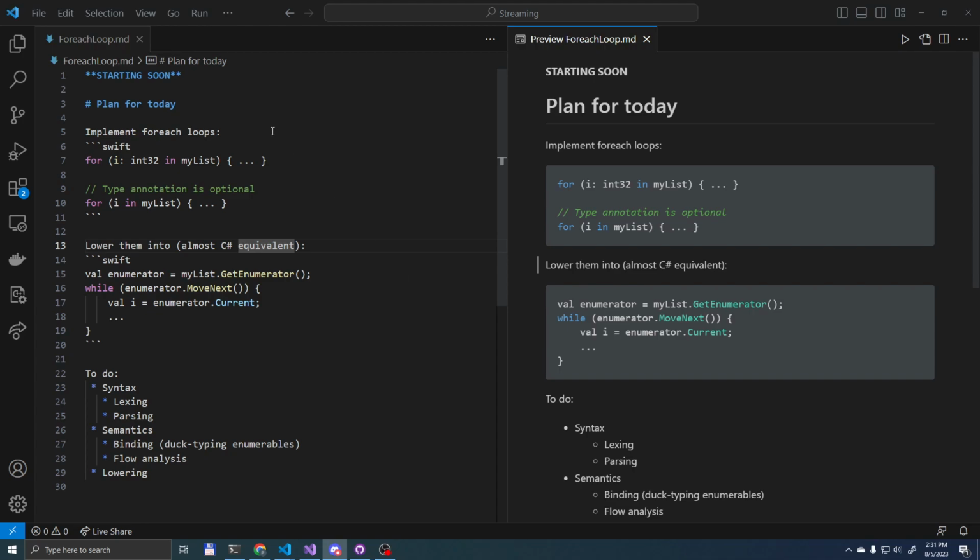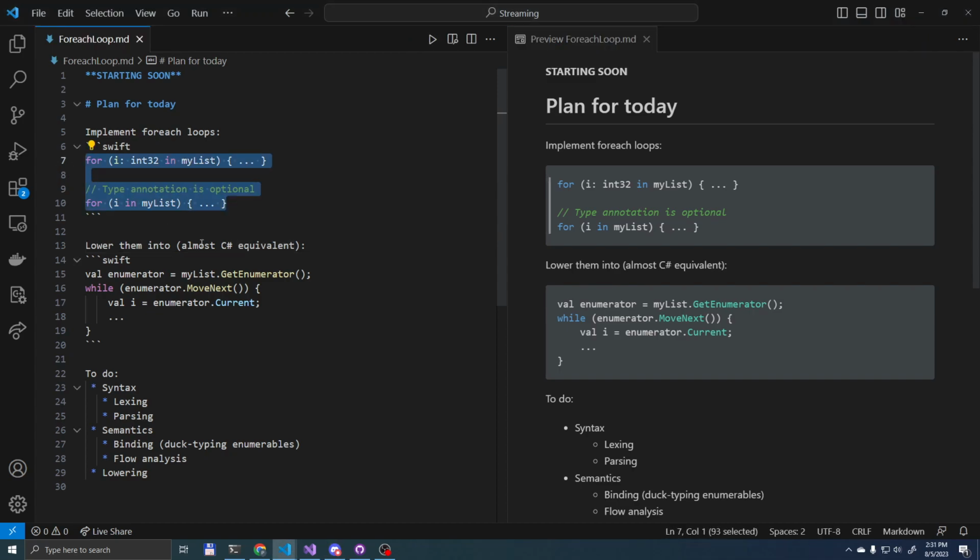For today's session, we'll implement for each loops in the shape and form that you see in this code snippet, and we will lower them into roughly the C# equivalent. We will call GetEnumerator on the enumerated sequence, and then in the while loop we'll call MoveNext, and we will extract the Current property of the enumerator into the variable that the user specified in the loop